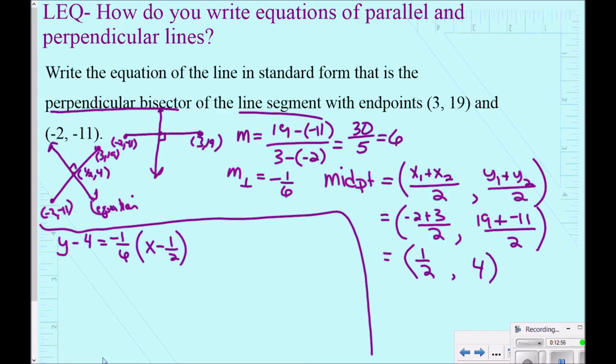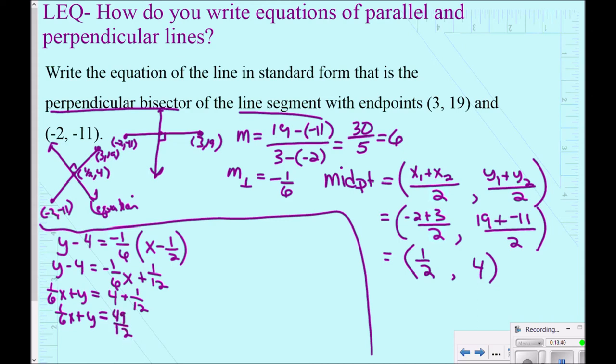It did ask for standard though, so I'm not finished. I need to distribute the -1/6. And negative times a negative is a positive. 1/6 times 1/2 is 1/12. So now I'm going to get the x's and y's together and the numbers together. So I'm going to add 1/6x and add 4 to both sides. So 1/6x plus y is equal to, I'm adding 4 onto 1/12. So I have 1/6x plus y, and I'm thinking of 4 in 12ths. Of course, that's 48/12ths. So 48/12ths plus 1/12 gives me